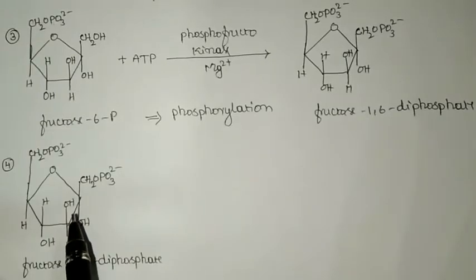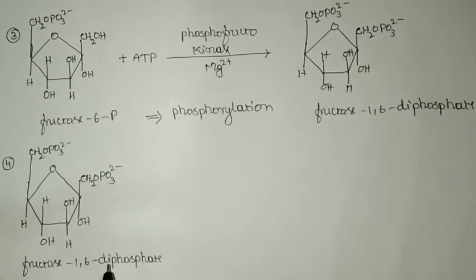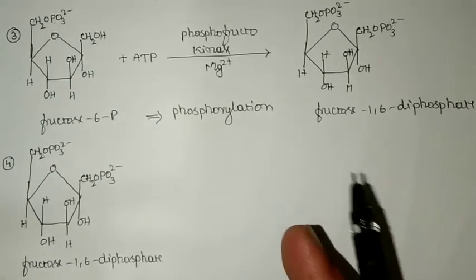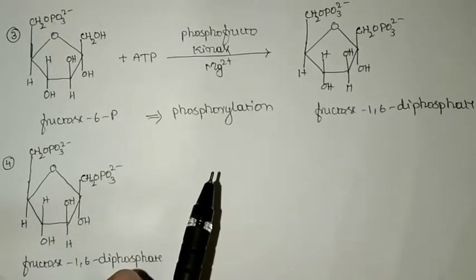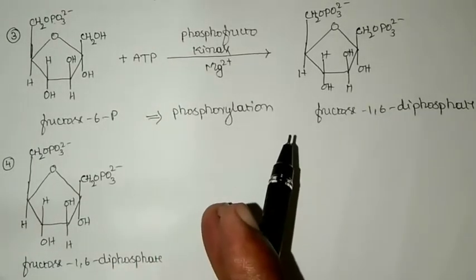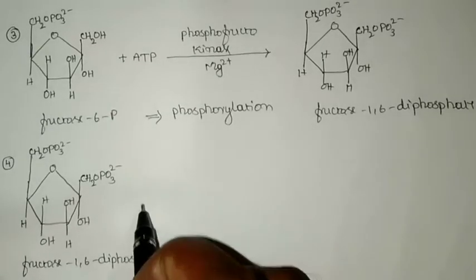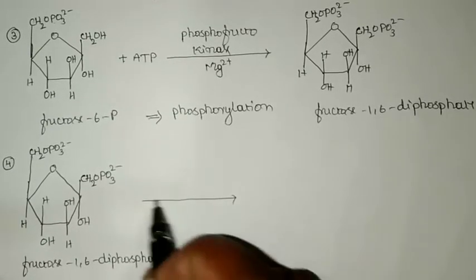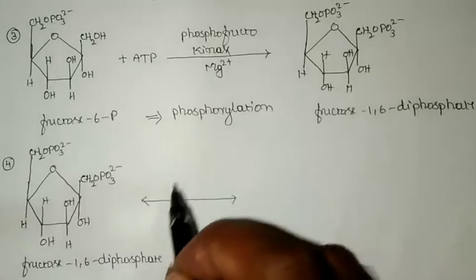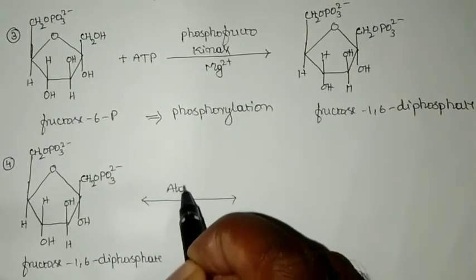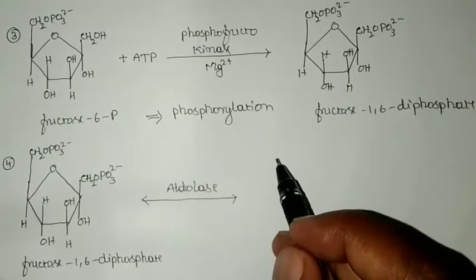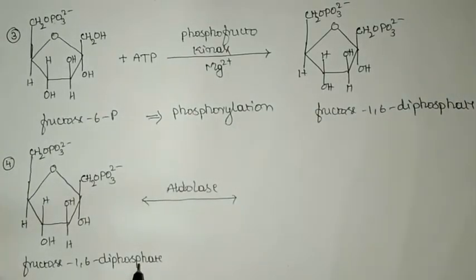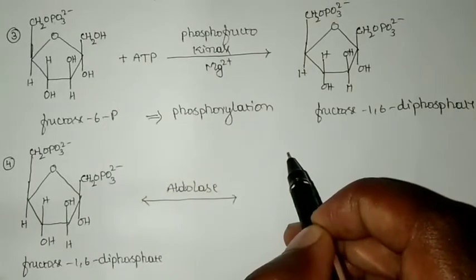So now in the fourth reaction, fructose 1,6 diphosphate will split to give two 3 carbon atom molecules. One is glyceraldehyde 3 phosphate and the other one is dihydroxyacetone phosphate. And for that we shall write the reaction. So here, in presence of the enzyme aldolase, fructose 1,6 diphosphate will break down to give